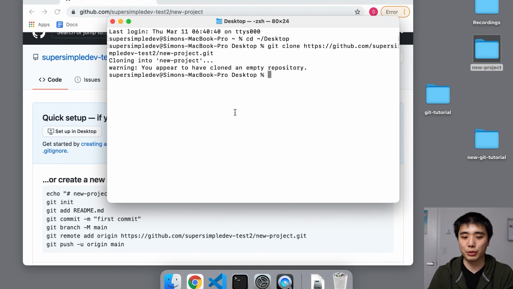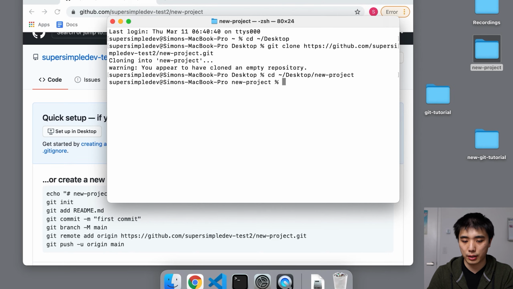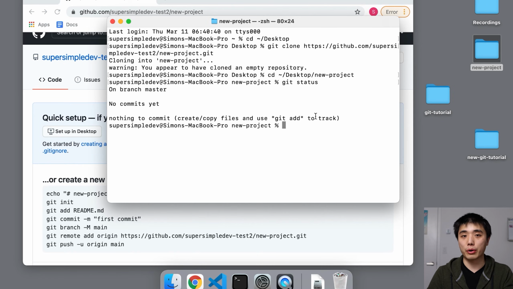One of the reasons we do this is that if we change directory into this folder, that is our new repository, and you run git status, you'll notice that we already have Git inside this folder. So usually if you start a project on your computer and then upload it to GitHub, you have to run git init.